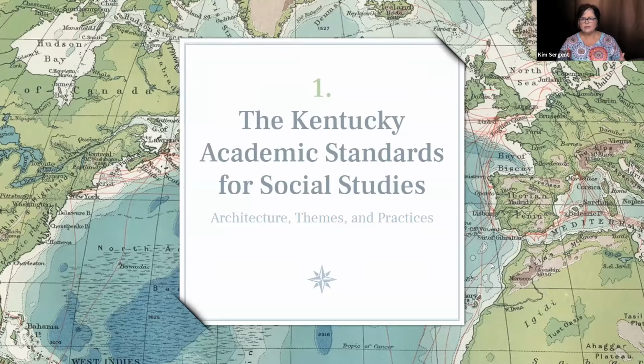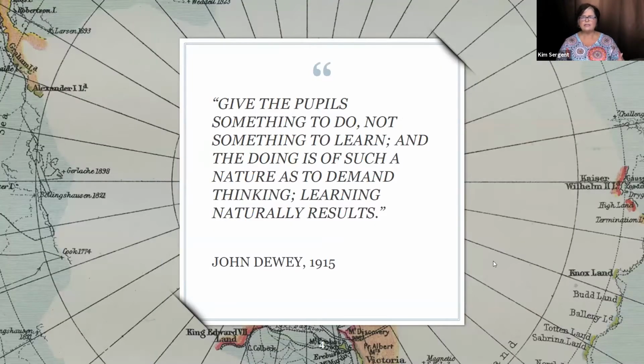Some of this is going to be a little bit of a repeat from the summer, just a smidge there. What we're going to be looking at is the standards, but there are a lot of you here that were not able to attend. So this is an opportunity for you to hear a little bit about the architecture, themes, and practices within the social studies standards. These standards are now just a little over 2 years old. Considering that right in the middle of all of that, we had COVID and are still experiencing the pandemic to a large degree, there's obviously been a stall or a little bit of a lull in adopting and implementing. Not in adopting, they're already there, but in implementing those standards. So for a lot of people, most of the time, this is kind of new. So we'll go through and talk about that a little bit today.